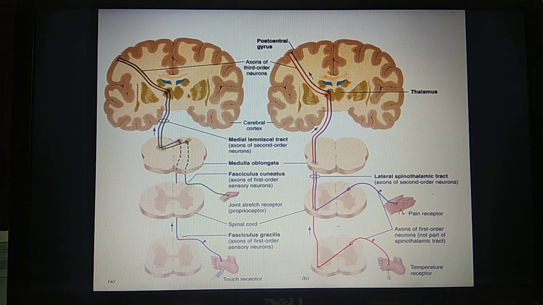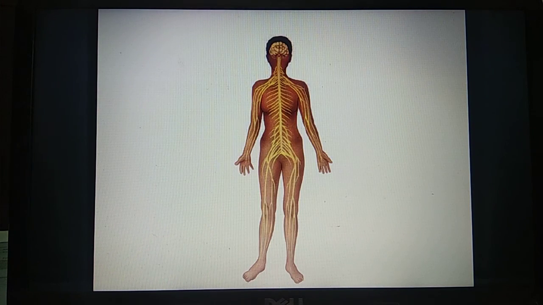And the spinoreticular tract, if you consider it separately, is mainly helping in the activation of the cortex. Its main function is ARAS, the ascending reticular activating system. It will activate the cortex and make the person awake. And the spinocerebellar tract is basically carrying sensation of proprioception. We'll be learning during our physiology of the cerebellum. It is best for the body position. Okay. Now here these are again all nerves which are coming from the body.